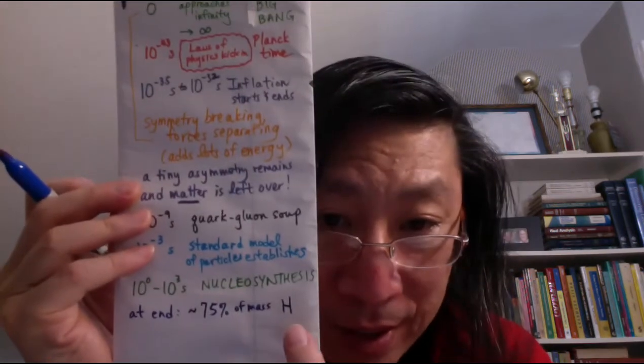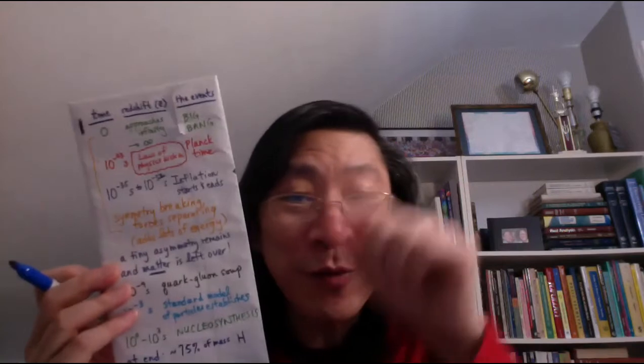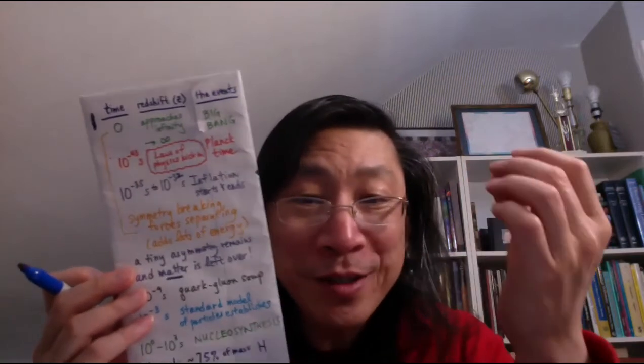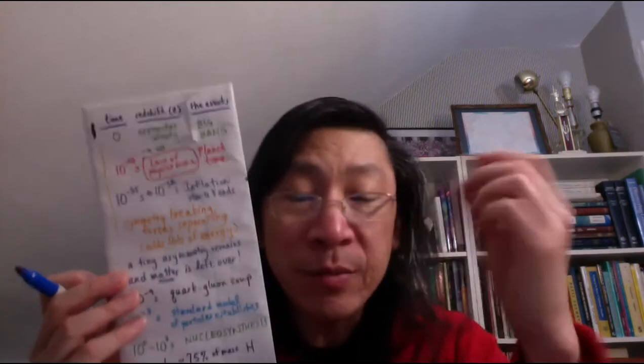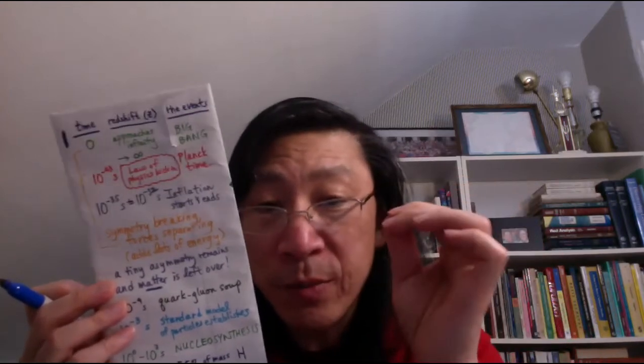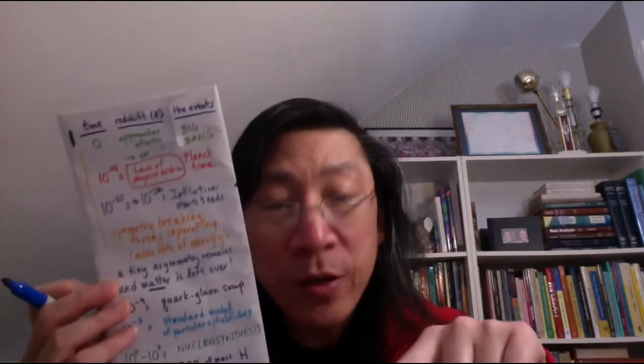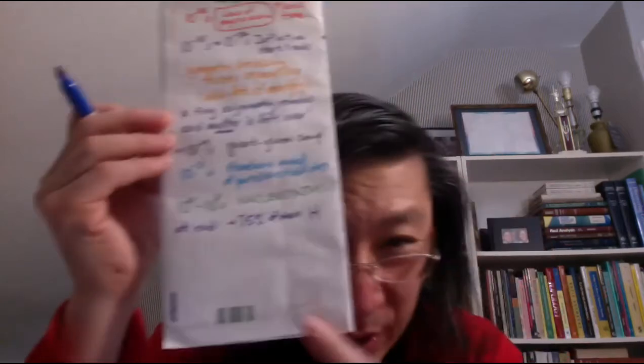This stuff, H, just single protons floating around in the universe, just protons. Right? Remember, the hydrogen atom consists of a proton in the middle, sometimes with neutrons attached to it, but usually just proton, with an electron orbiting around it, right? So it's 75% of the mass of the universe is hydrogen. Meanwhile, about 25% of the mass is helium.